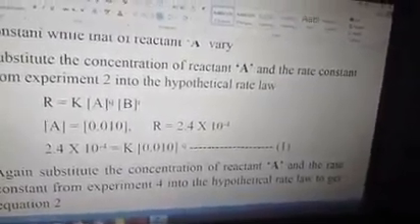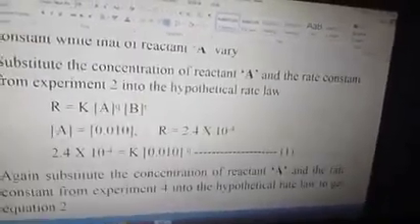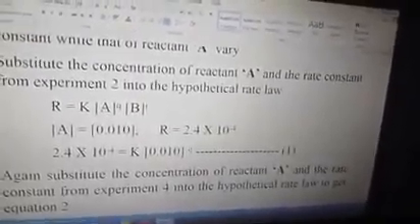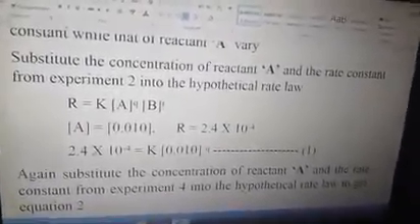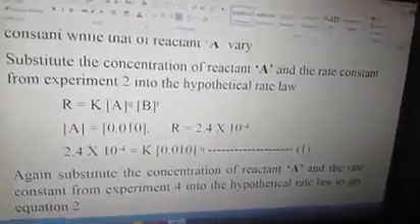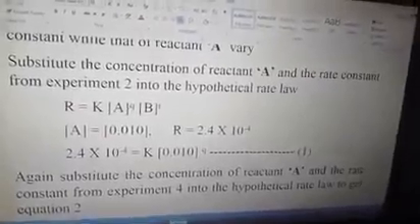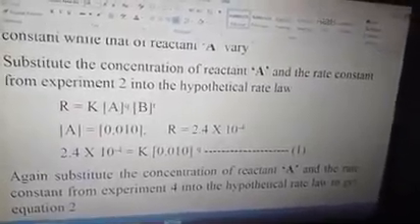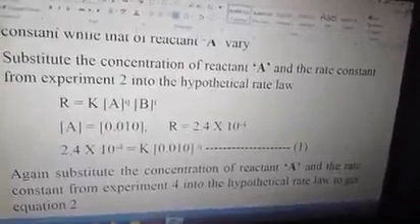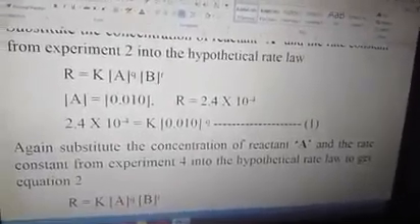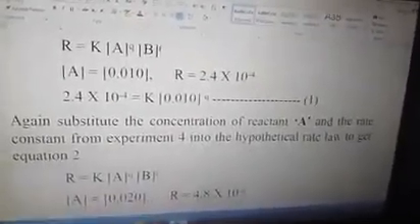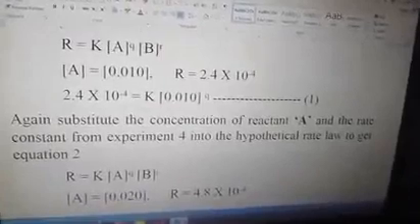We now have R in place of 2.14 to the power minus 4 in place of R. Look at equation 1 there, and then replace the concentration of A with 0.010 raised to power Q. B is ignored because the concentration of B is constant. Again, we substitute the concentration of reactant A and the rate from experiment 4 into the rate law